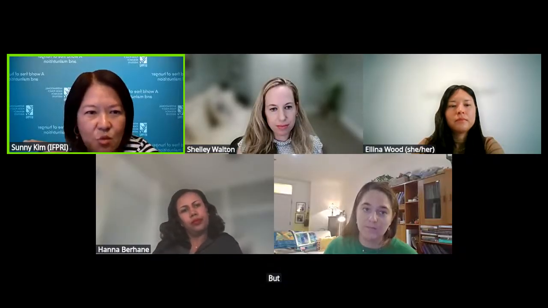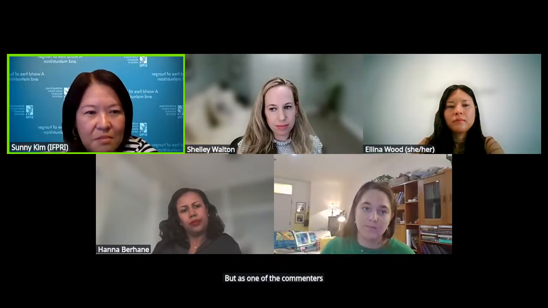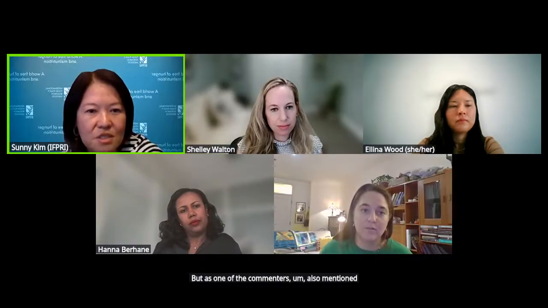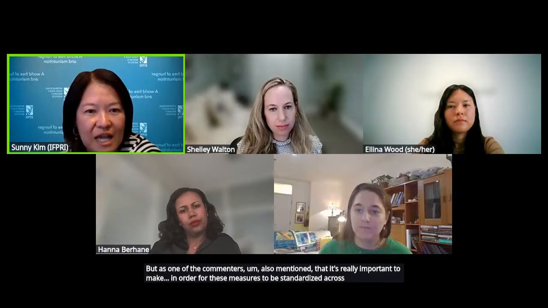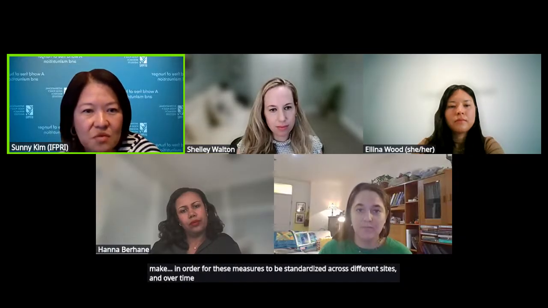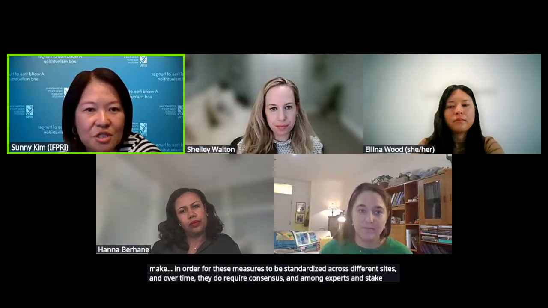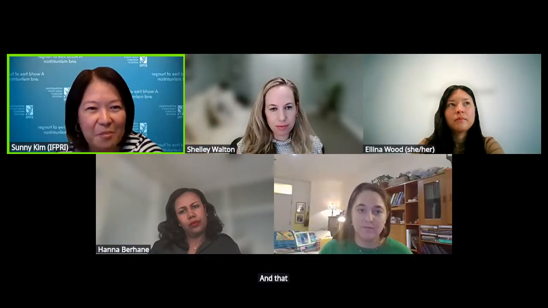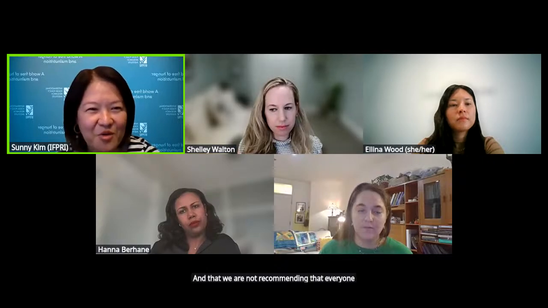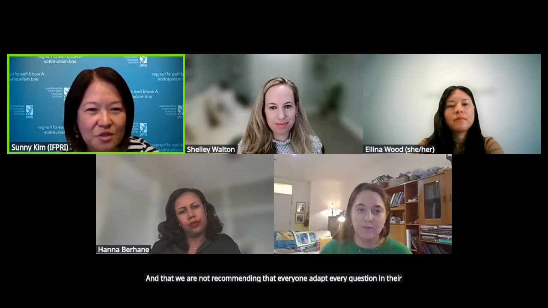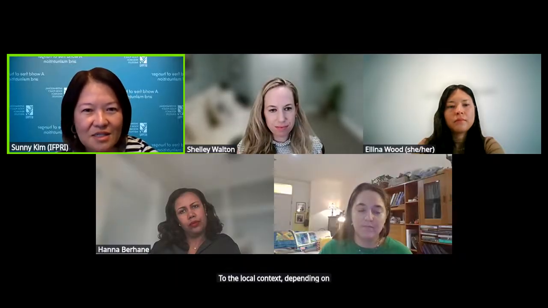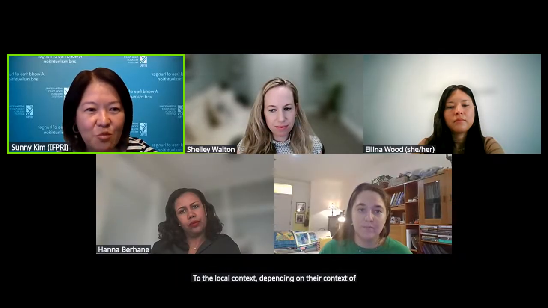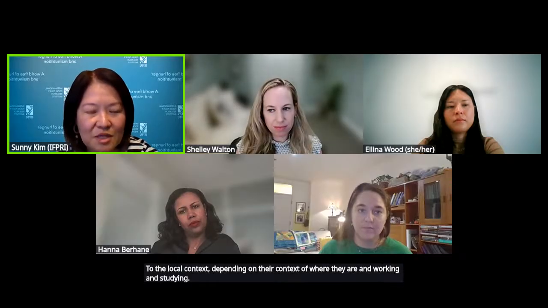But as one of the commenters also mentioned, it's really important that in order for these measures to be standardized across different sites and over time, they do require consensus among experts and stakeholders. We are not recommending that everyone adapt every question in their surveys to the local context, depending on where they are working, studying or researching.